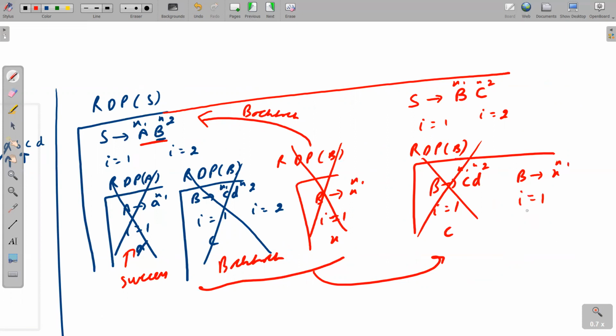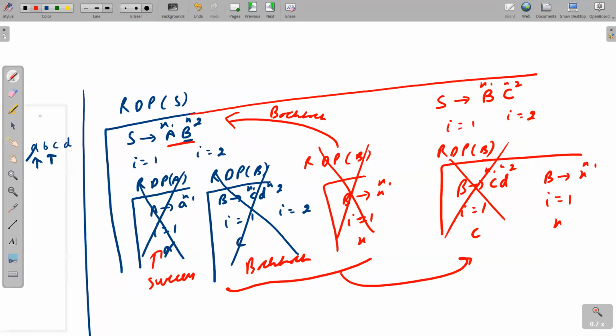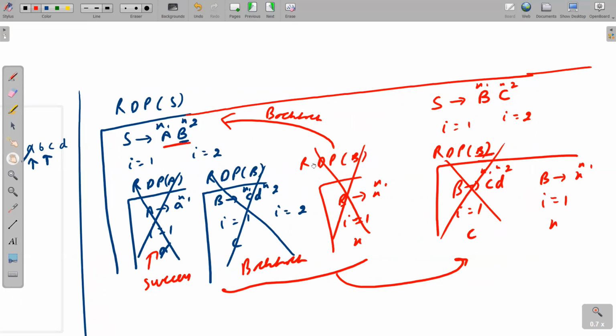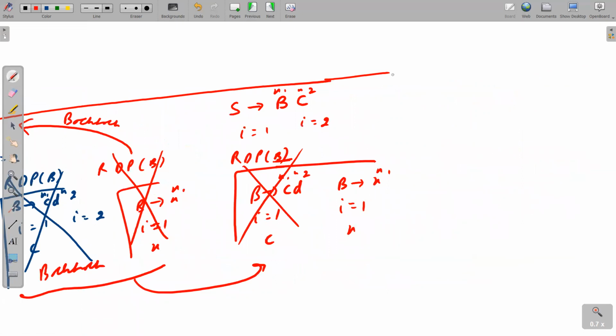So I is equal to 1, X, X, and here we have B not matching. So I will say, okay, the problem is not with me, the problem is with my parent, that is S. So we will do backtracking again, and we will apply S goes to